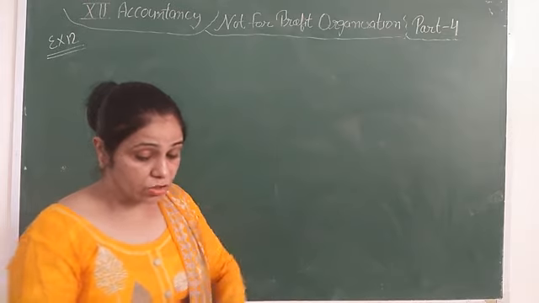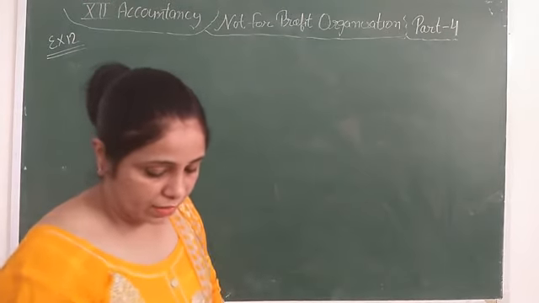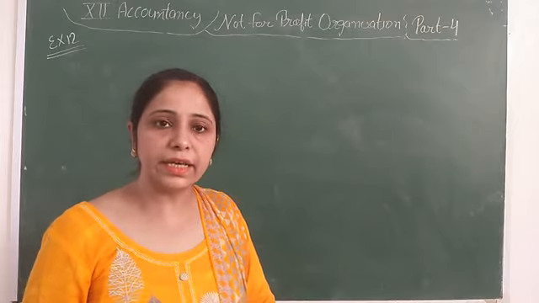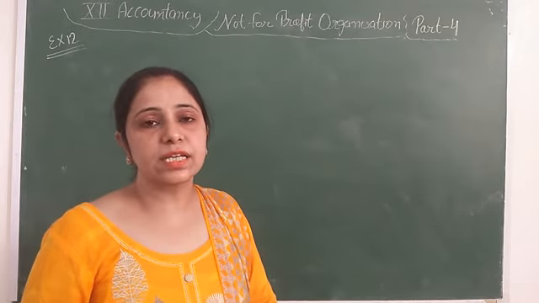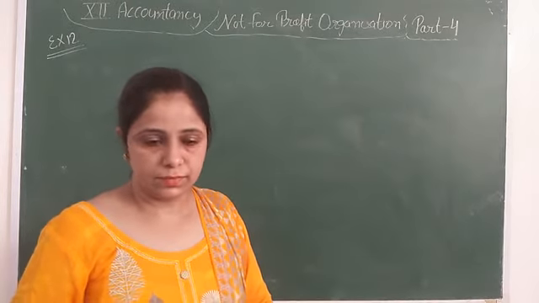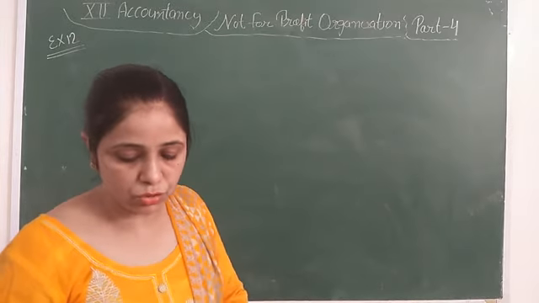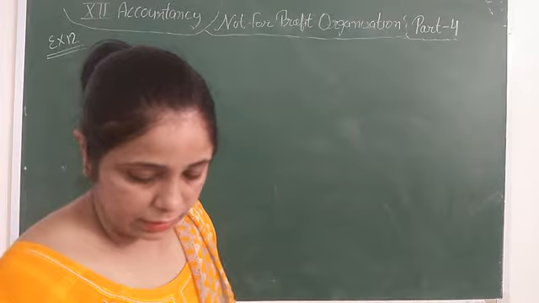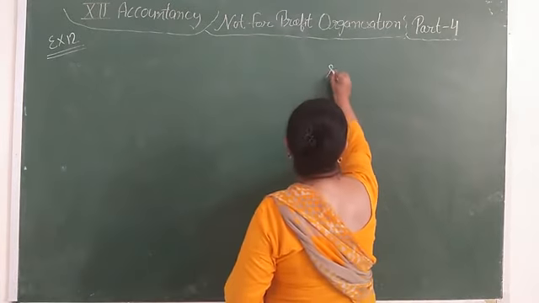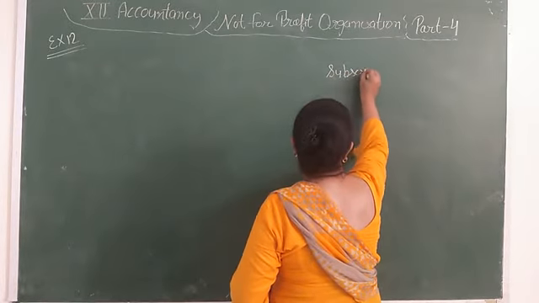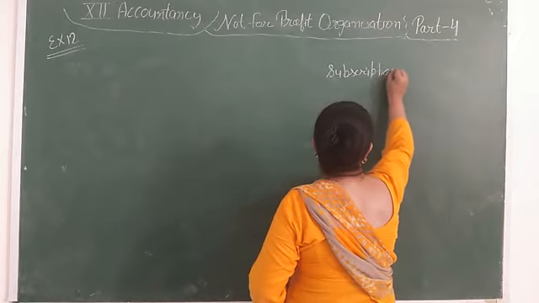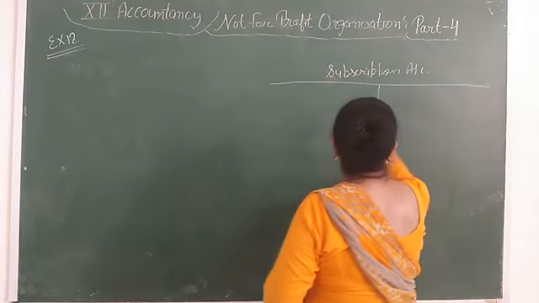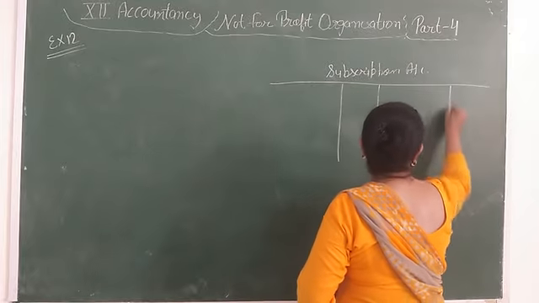In the 12th question, we are given that we have received subscription of previous year 3,000, current year 96,000 and next year 2,500. Separate subscription amounts are given, and some additional information related to outstanding and advance subscription. So we will make the subscription account that we learned in the previous, third video lecture.